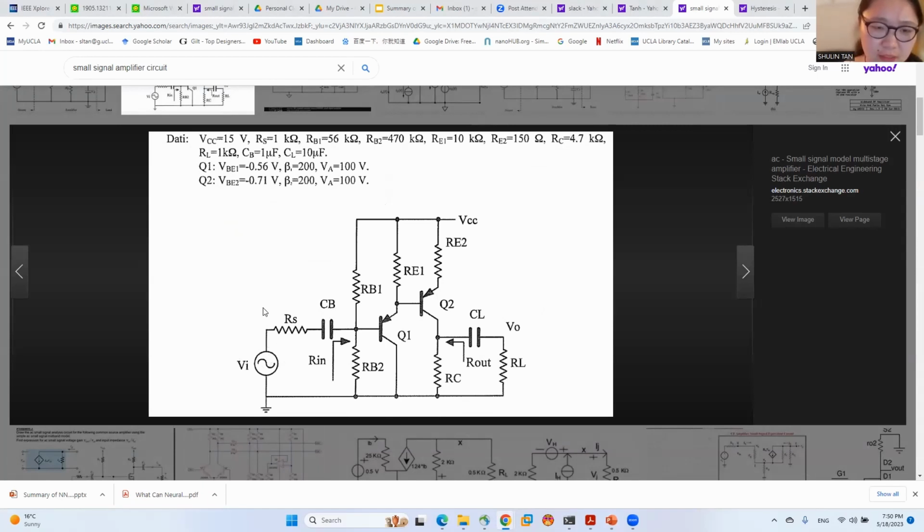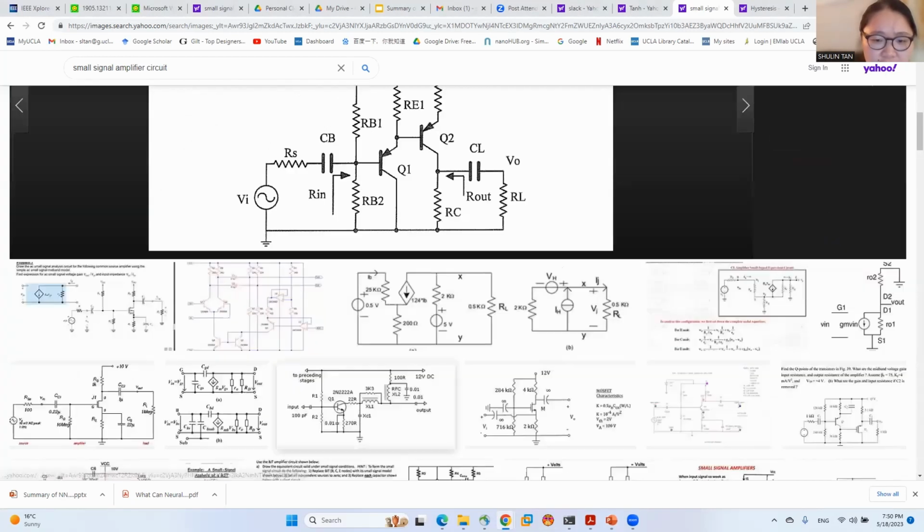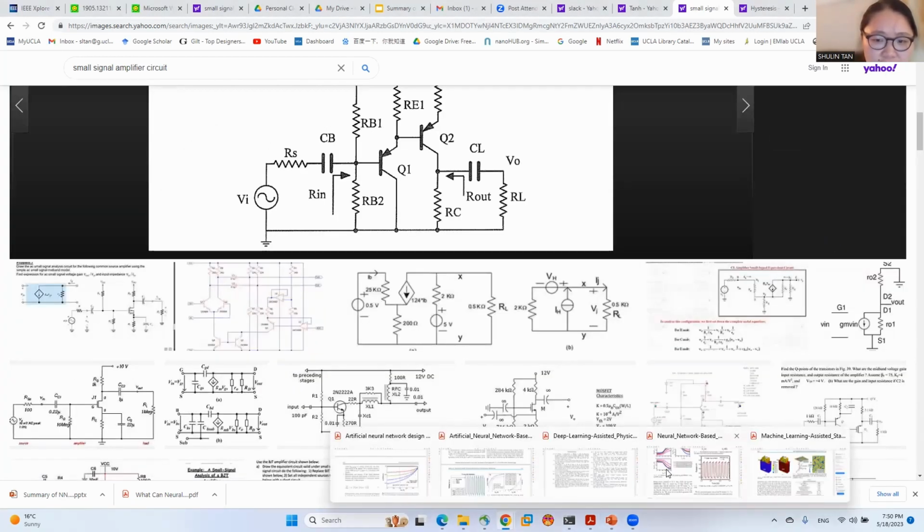So what the system does is that we know the model, and we basically have a separate system to do that. But I haven't seen anyone use